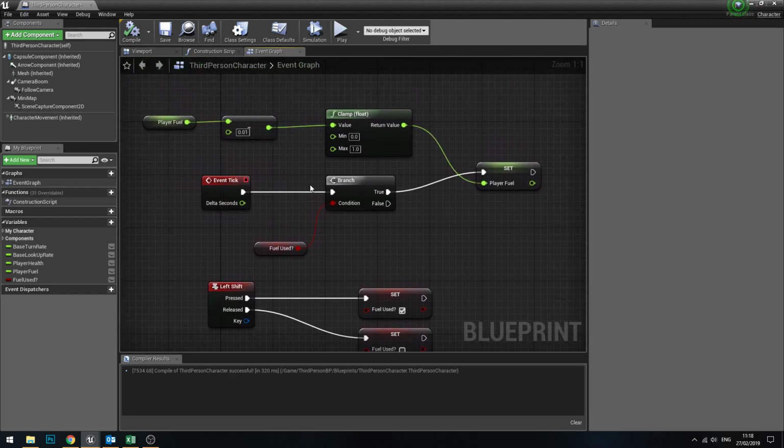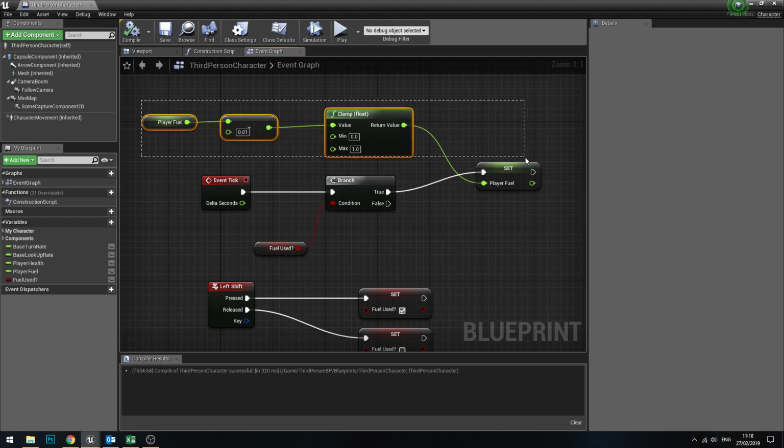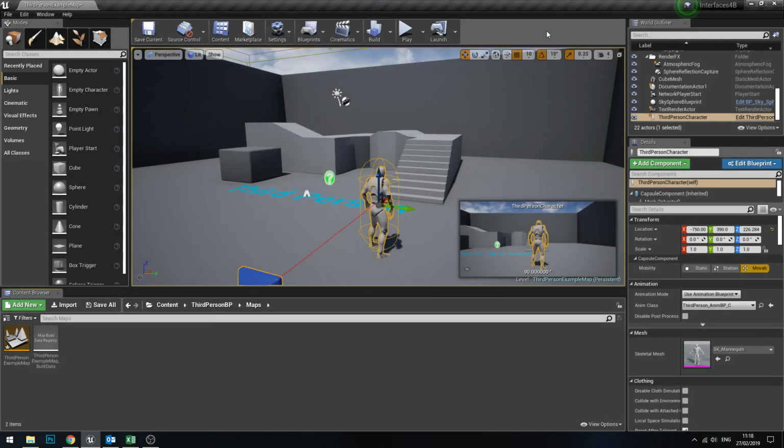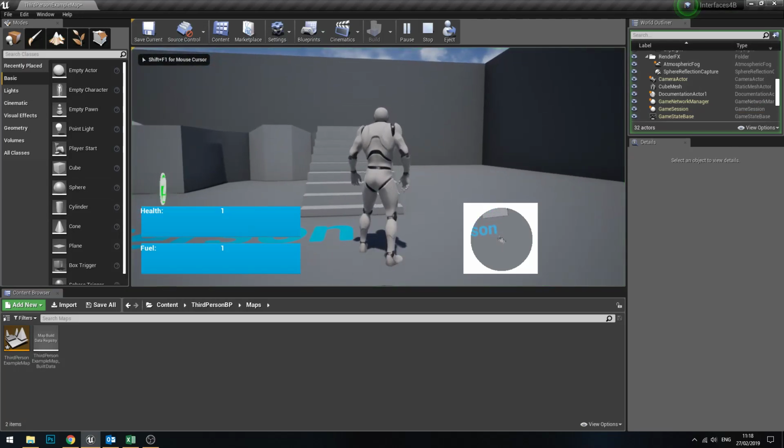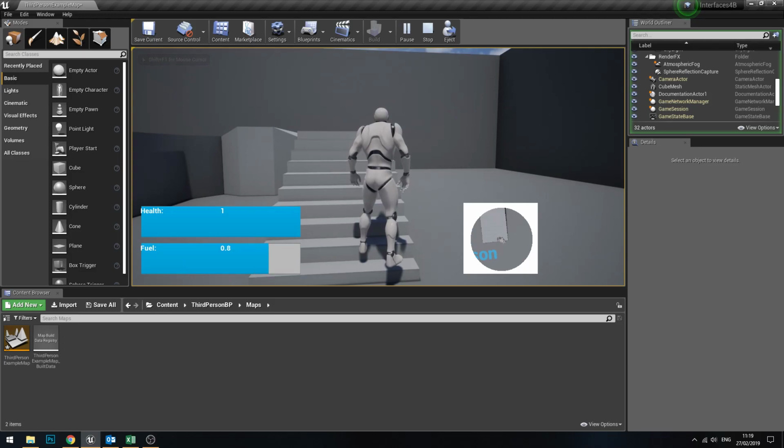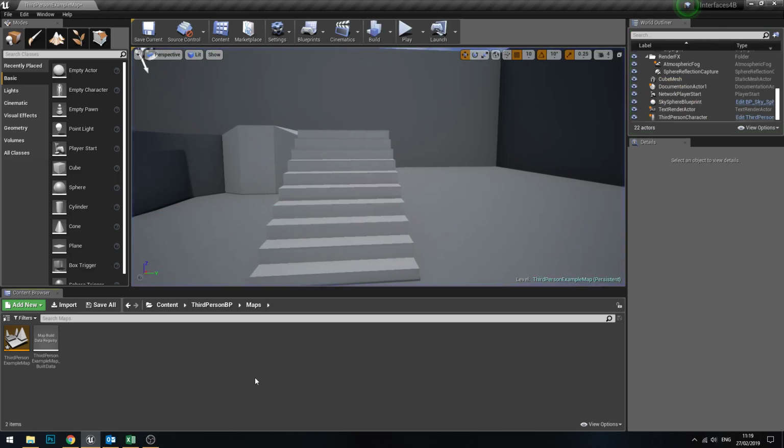Maybe because we haven't actually got a car or any way to visibly get feedback that it's working. Actually, we do. We'll be fine. We'll save it. We'll press play. Okay, so as soon as I press shift, fuel goes down and it stops, and I can refill it using the old key bindings of 3 and 4. Yeah, so shift, and it goes back up. There we go, beautiful. Okay, so we can make fuel go down,